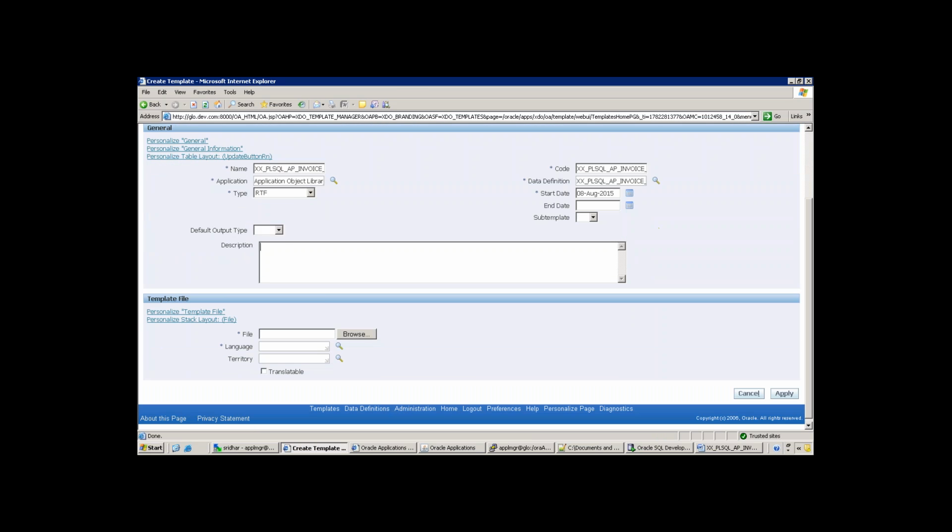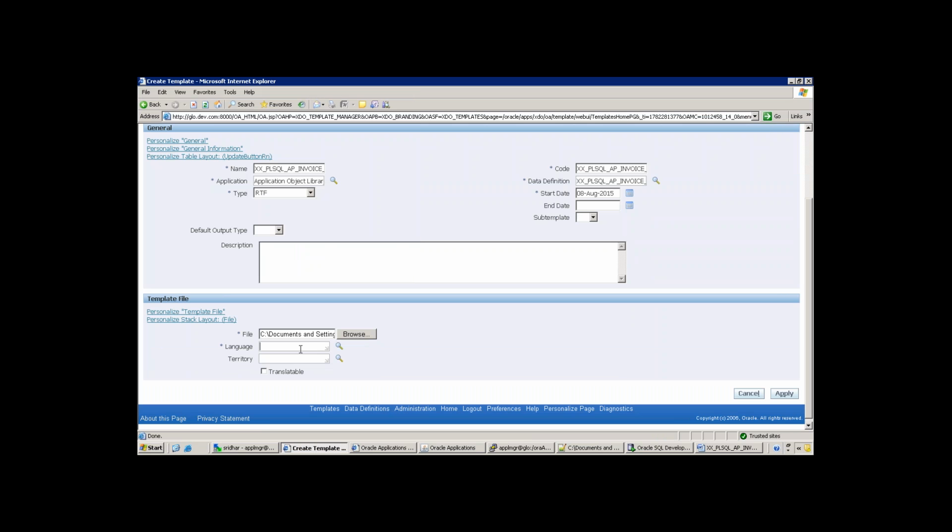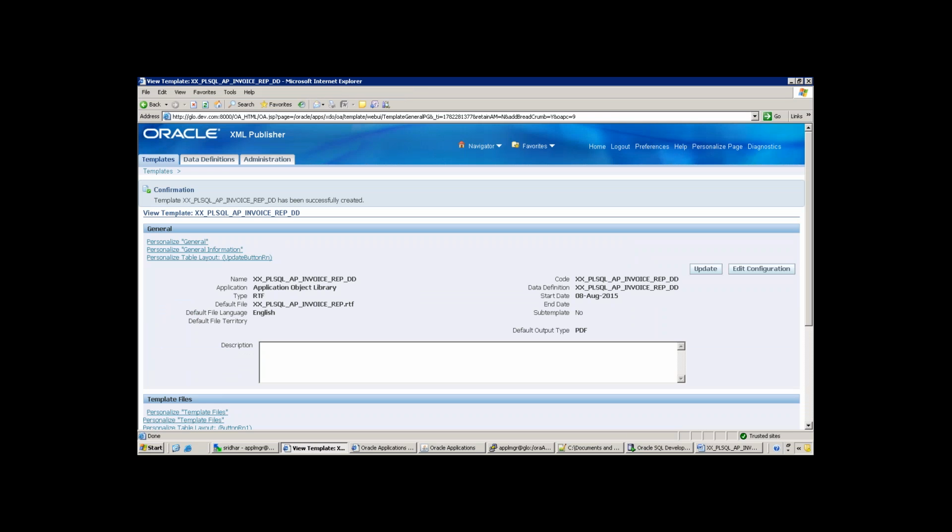Okay? Default output. RTF, English, and default output. Default. And apply. Right? So almost we are done. What is the next step we have to do is we have to register one more content